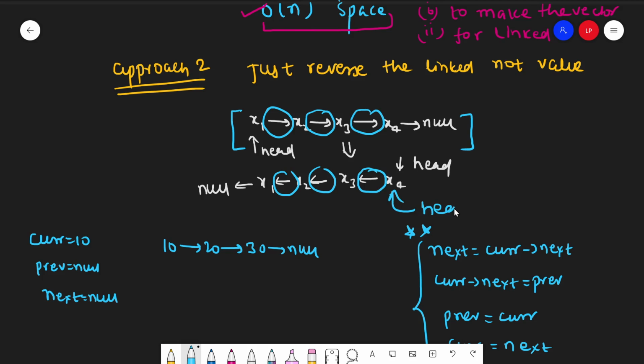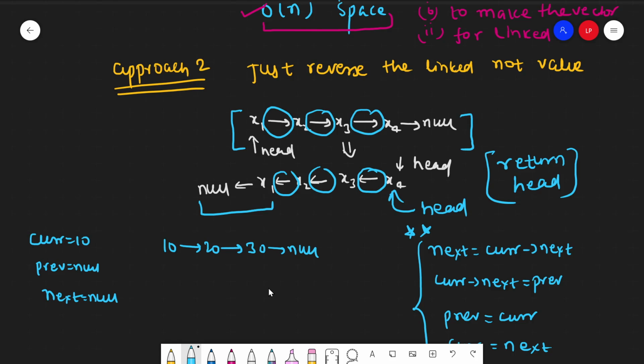Then x1 is pointing to null and head is pointing to x4, so we will just return head.